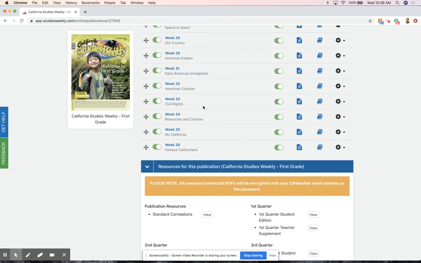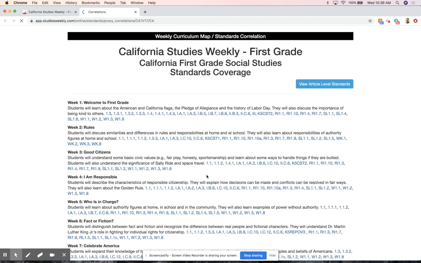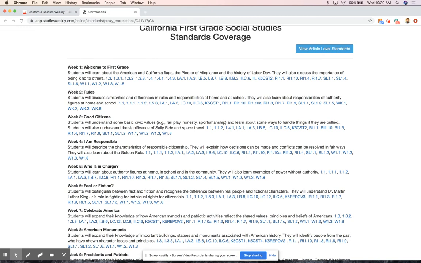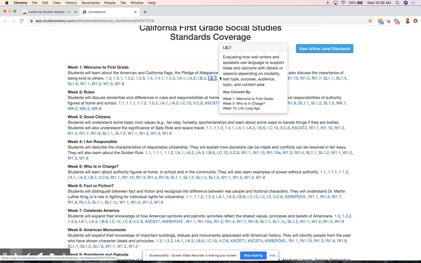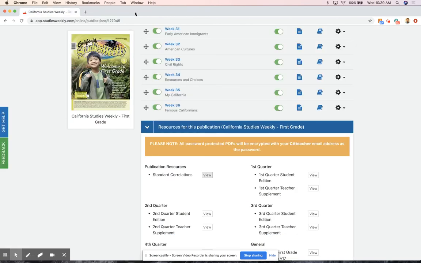If you want to dive deeper and see all the standards that are covered in each week, come down here where it says standards correlations, click the view button, and it's going to tell you week by week not only what the title is, but a summary synopsis of what is going to be covered in that particular weekly unit. Additionally, you're going to see the standard that is covered. So I can click on a particular standard. It tells me what the standard is, and that it's also covered in all of these additional weekly units. So that gives you a good idea or a good view, rather, to go in and see all the standards